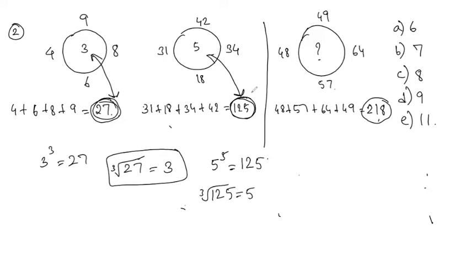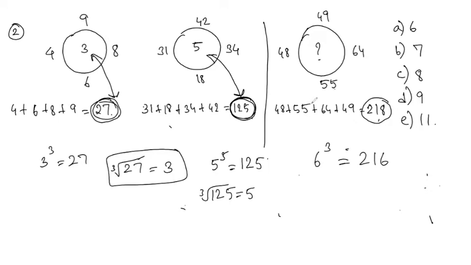Okay. So the relation is, you should do the cube root of the sum, then you will get the number inside the circle. Okay, I think some number in the question is given wrong, because what is 6 cube? Tell me, what is 6 cube? 216. 216, correct. So I think something must be wrong in the question. Okay, we'll make this 55. It is not 57. We'll make it 55. Maybe the question was wrongly printed.